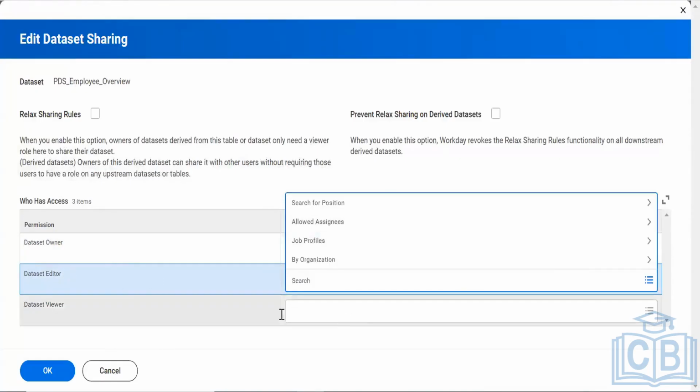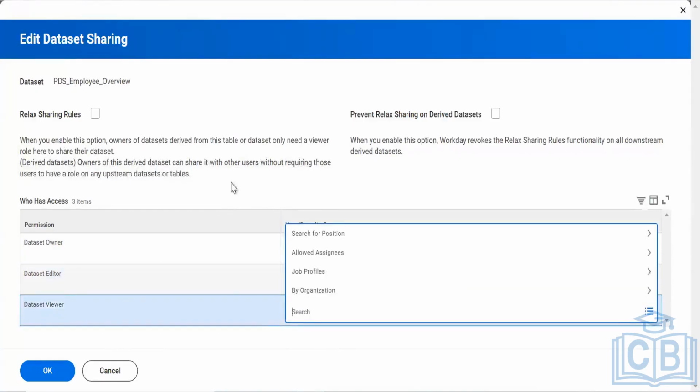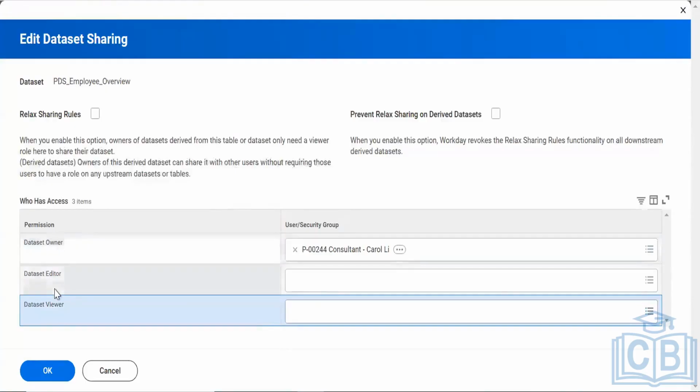A person who is the owner or has editor access will definitely have viewer access by default, because if they can edit it, they can see it. If you make Carol Lee owner, by default she will be able to see it. You don't need to add her here again.